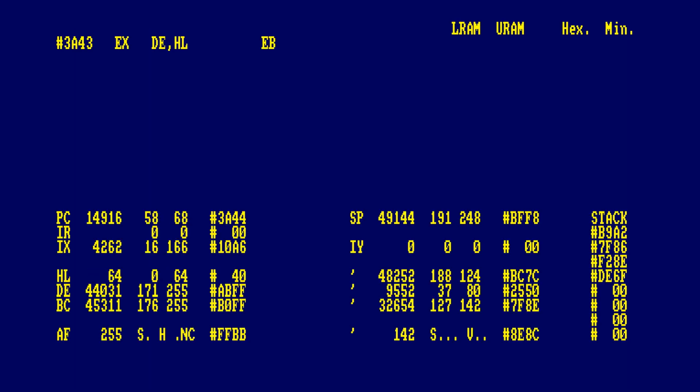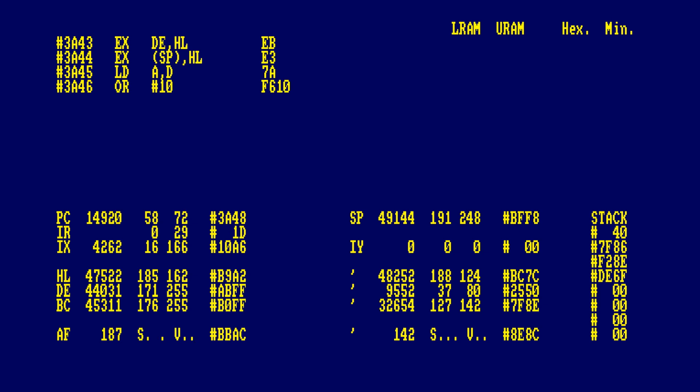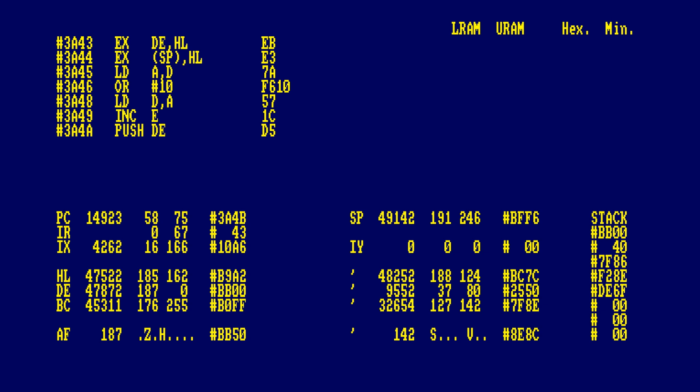So HL now equals 40, D equals ABFF. The stack is set up with address 40. So if we were to return from this program, it would try to execute at address 40 in hex. We know that the DE is set to BB00 now, and that is pushed to the stack, and that is quite interesting. And now we jump into the first call